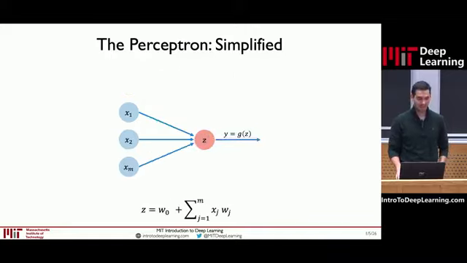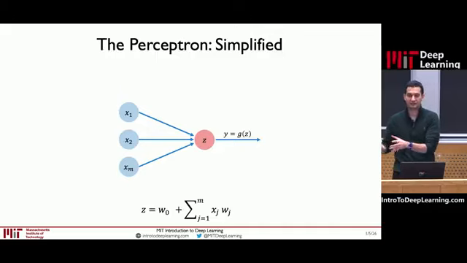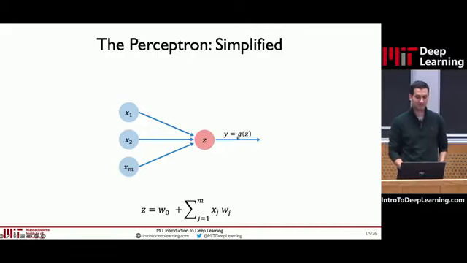Now, let's simplify the diagram a little bit now that we got that foundation settled. I'll remove all of the weight labels, and we'll just have every line. You can remember that every line will have both an input coming in as well as a weight associated to that line. Now, Z here is the result of that dot product plus a bias. This is what's happening before the nonlinearity. So the final output is simply Y equals G, which is our nonlinearity, of Z.